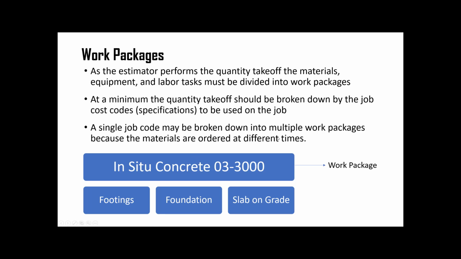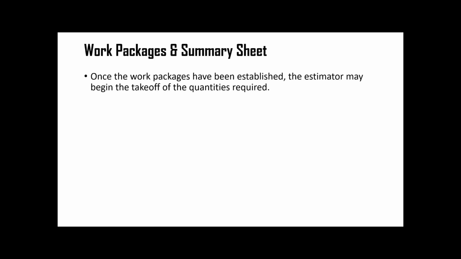But within the work package, we can further divide it into smaller packages like footings. For example, this project has 500 cubic yards of concrete, and 200 cubic yards goes into footings. That happens at the beginning of the project. Then we have some foundations that happen next week. And slab on grade, maybe some 100 cubic yards, happens two weeks after we do the footings. So this helps us divide the work, and also helps the estimator or the project manager know when to order materials in the project. Once the estimator divides the work into various work packages, the estimator may begin the takeoff